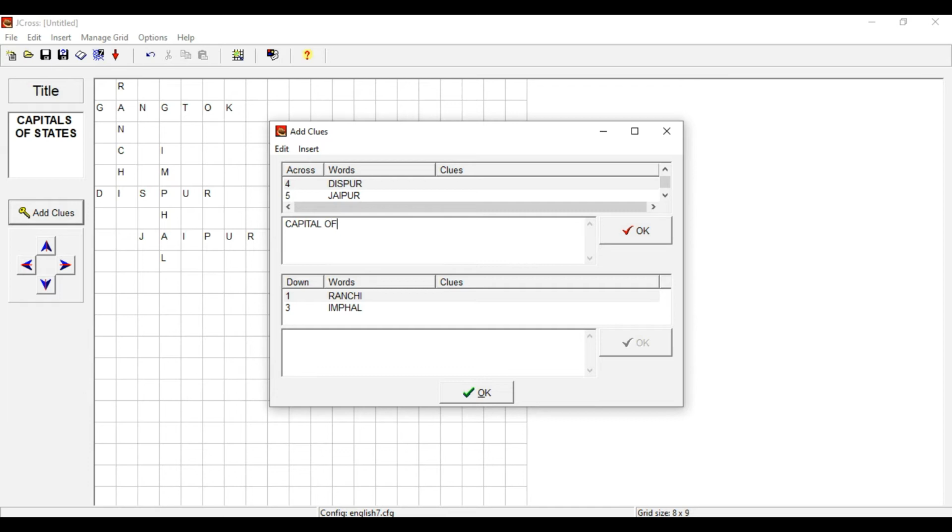Capital of Assam. Click OK. Then select Jaipur. Capital of Rajasthan. Click OK. Now coming down, select Ranchi. Capital of Jharkhand.